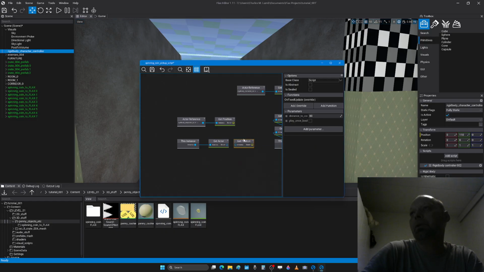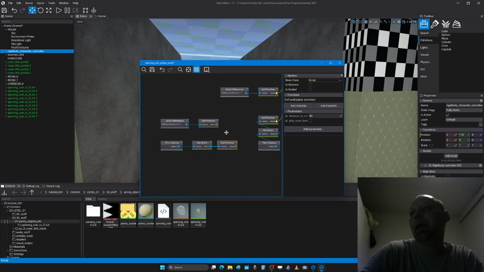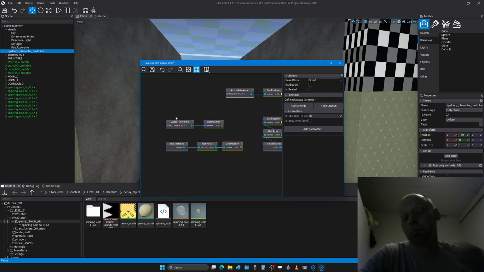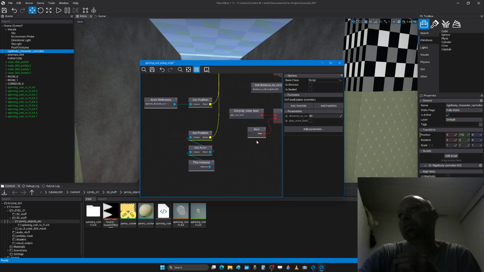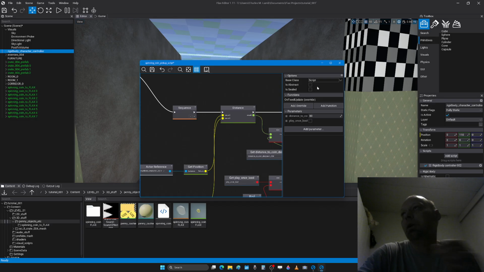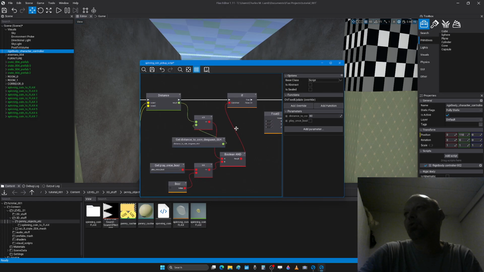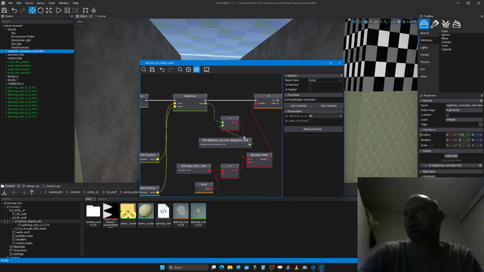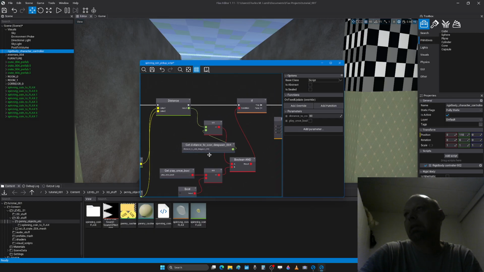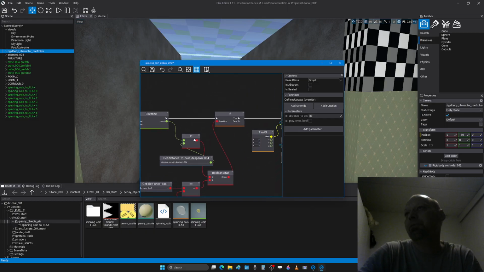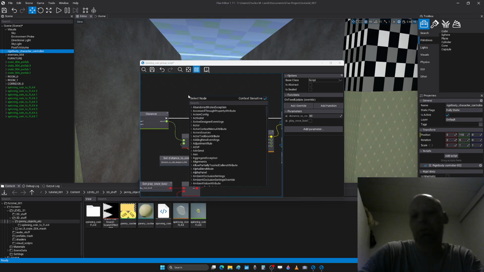So now we have the position of the spinning coin and the position of ourselves. Now we get the distance between those two, and if that distance is less than some number, in this case 80 units in the video game, then if that is true, you can see that box here says if. One more thing, I'll explain that later, but if the distance is less